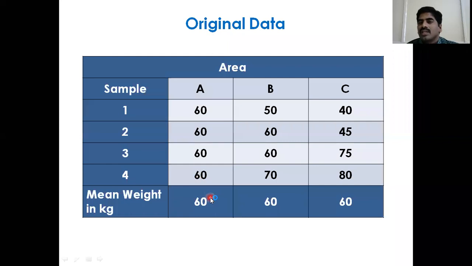Suppose all students got the same marks, all weights are the same, all biological variables are the same for all people, then there is no need of biology, no need of mathematics, no need of statistics. These deviations are created by God, and these deviations are measured by using measures of dispersion.